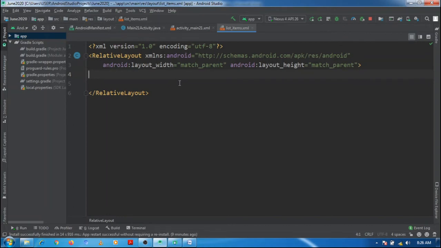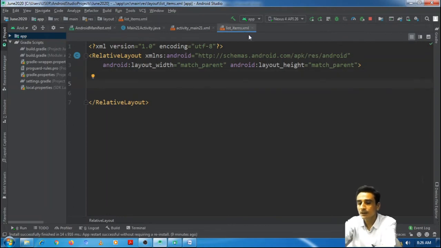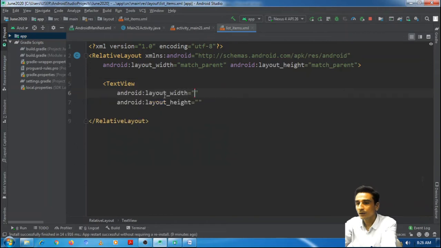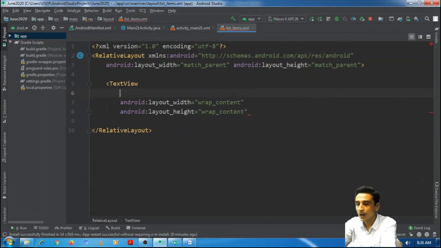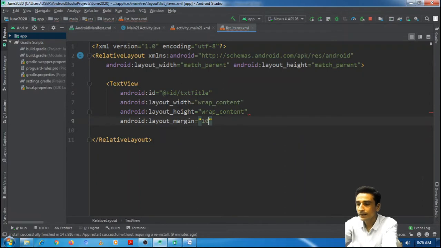Okay, here you can see list items is the other layout which I have defined for the list items. Here I will define two text views. One for the title, wrap content, ID txt title, and I would like to set margin 10 dp, sorry, it should be 5 dp.